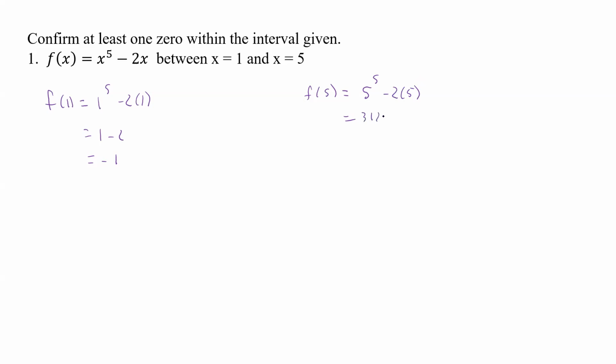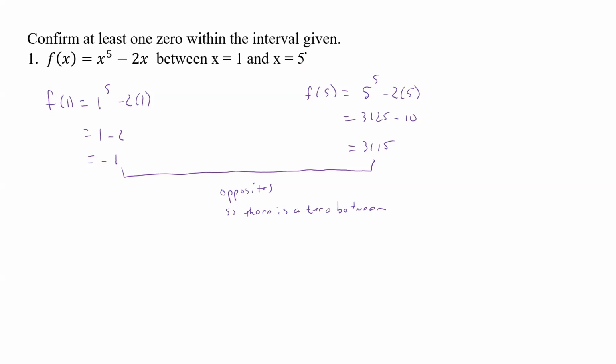3125, and then minus the 10, that's going to be 3115. So that is positive, that one is negative, so they are opposites. And so there is a 0 between them. And I bet even if we would change that,